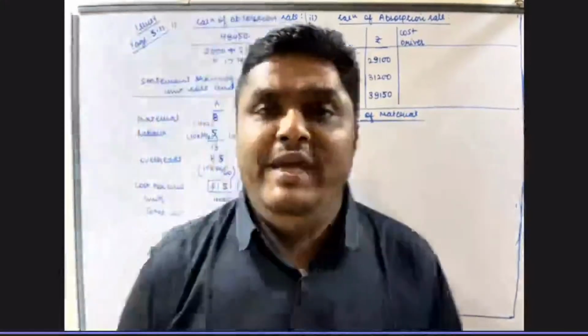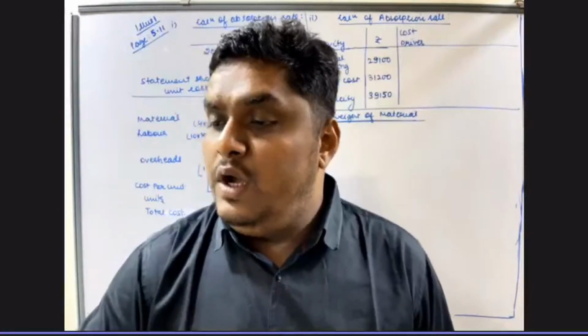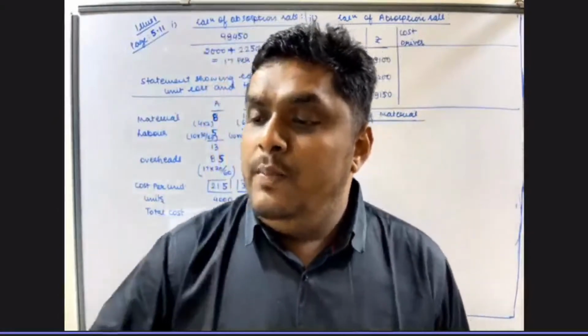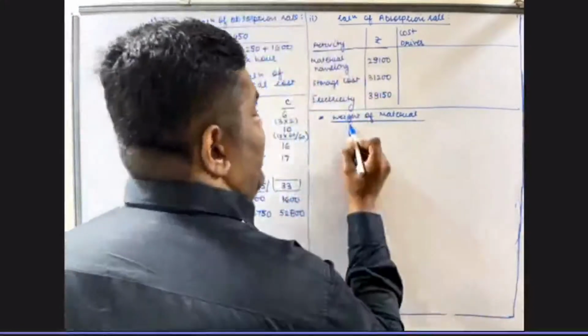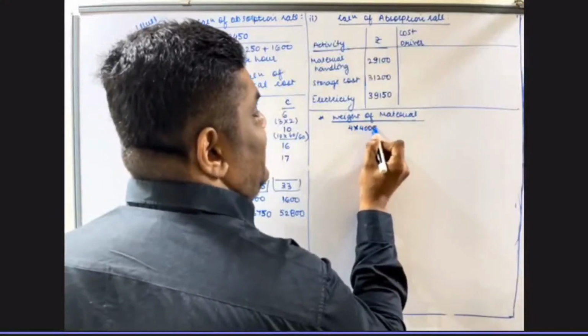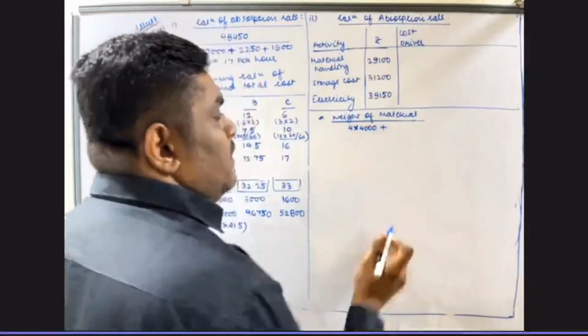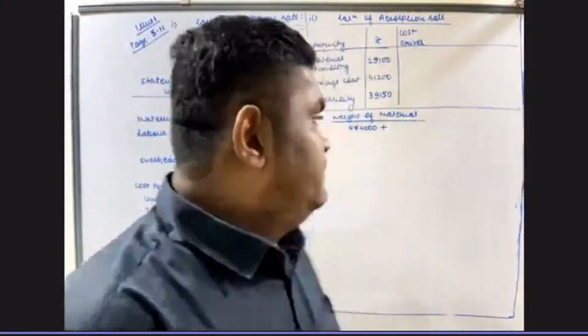When talking about the weight of material, it is given in the question, we can easily calculate. So product A requires 4 kgs and total 4,000 units are manufactured. Further, product B requires